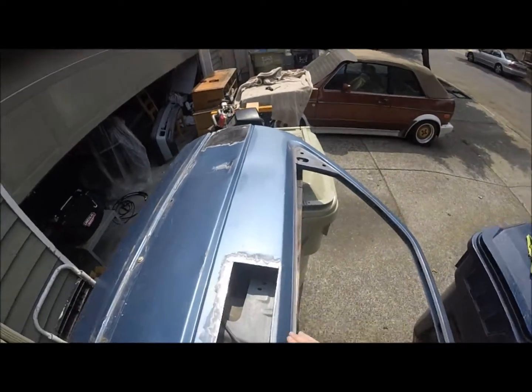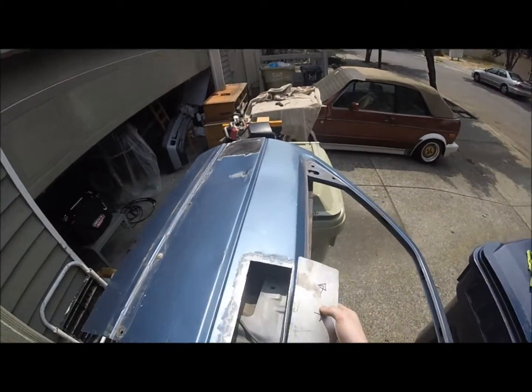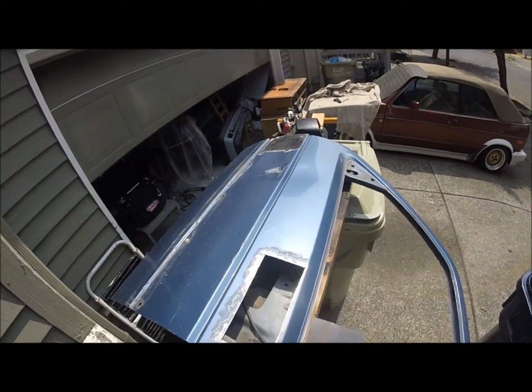Once you get that cut out, prep the edges so you can weld. Get ready to weld. You're going to need an inch space all the way around. Prepare your patch panel. Last night I made a video showing exactly how I got this cut out, so go ahead and check that out if you need to. Once you got the patch panel ready,